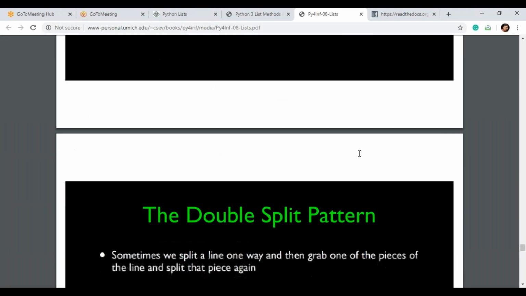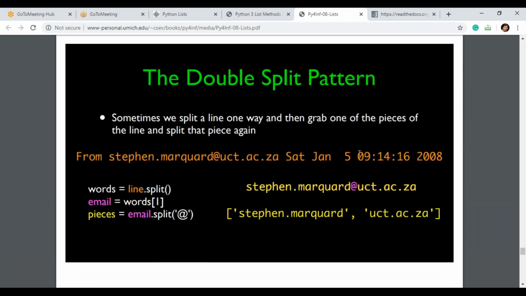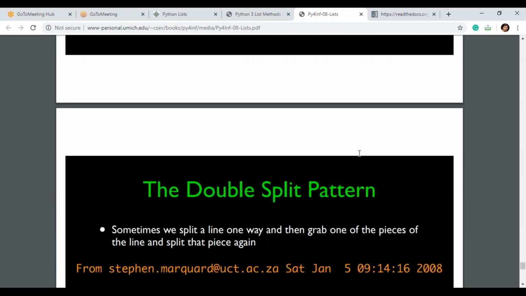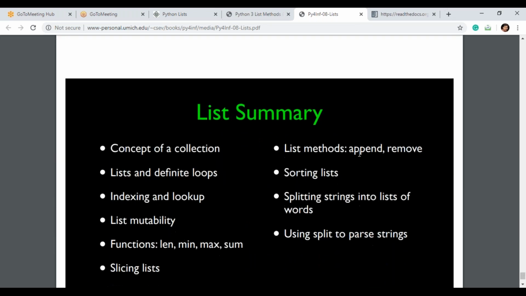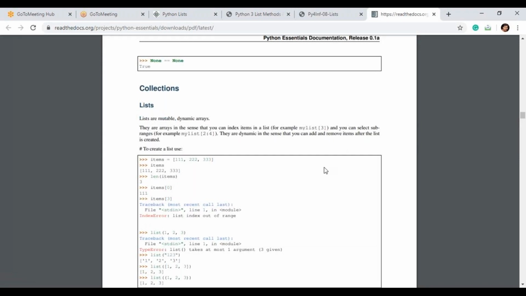Next, the double split pattern. See, similar kind. Line dot split, email is equal to word of 1, pieces is equal to email dot split at the rate. So you can keep splitting and cutting down. Finally, you split the entire given string. These are the double split pattern. I can show you in the program. Okay.